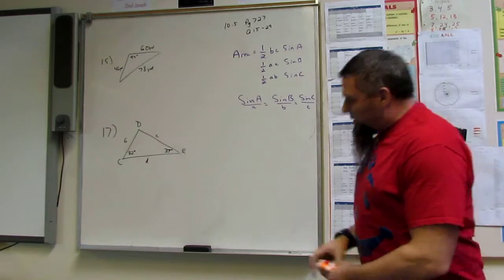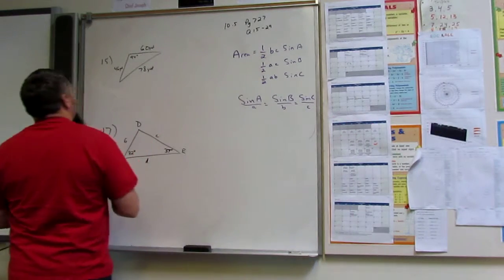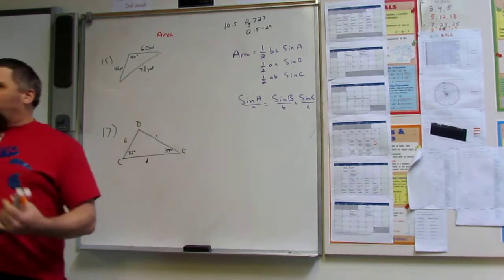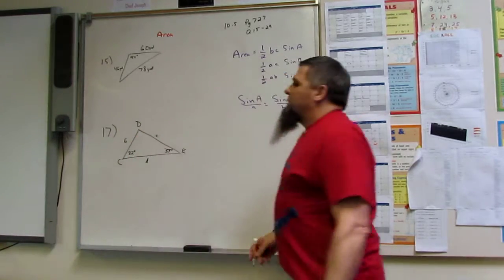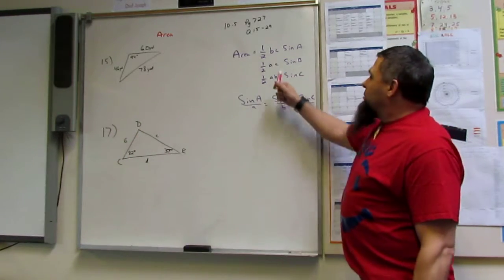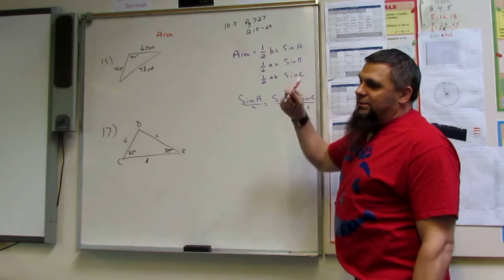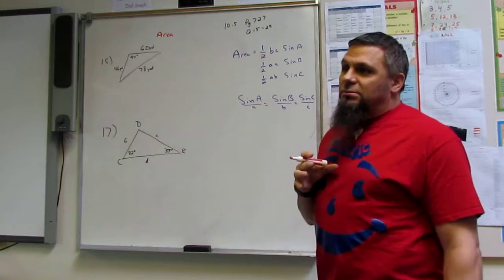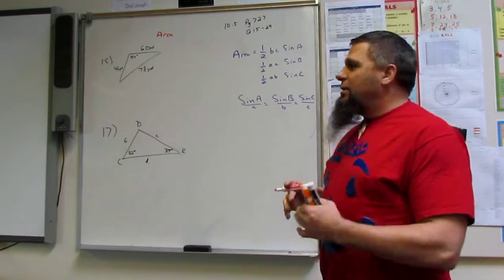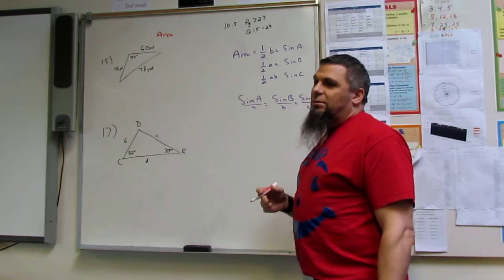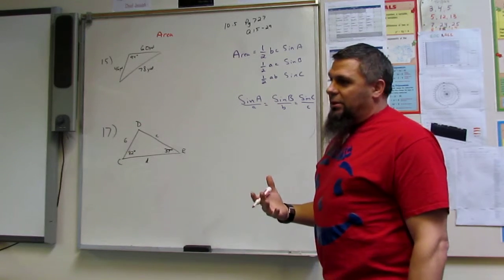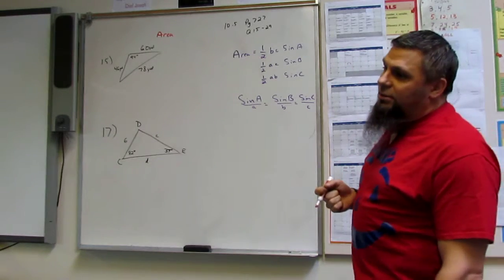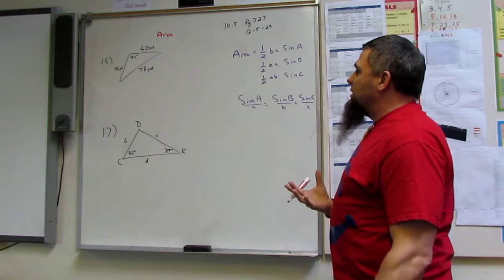Number 15 and 17. The thing on 15 is to find the area. The formula for an area: 1/2 bc sine A. Okay. So when you're given a sine or an angle, now you can find the area of the triangle by using your trig instead of 1/2 base times height, or in other words, turning it into a right triangle. We don't need to turn it into a right triangle anymore